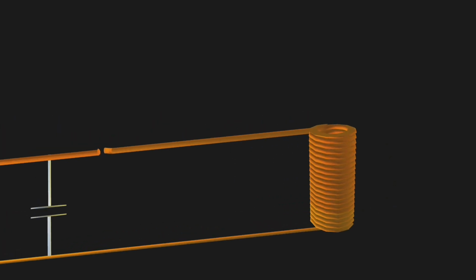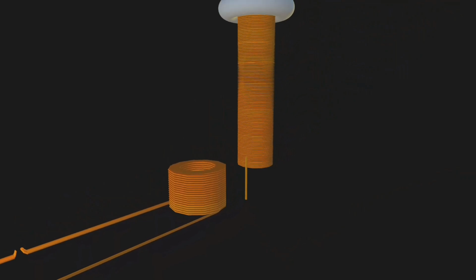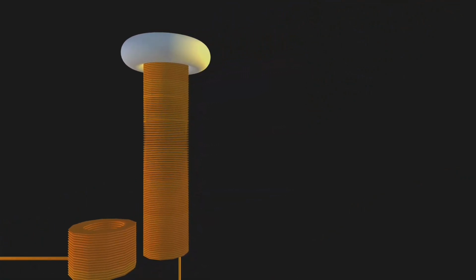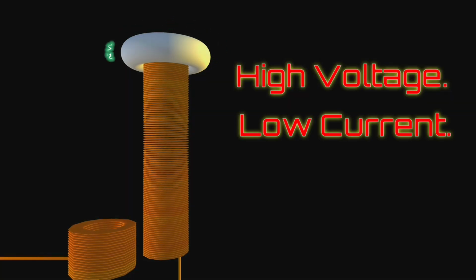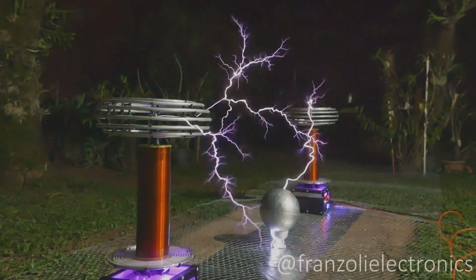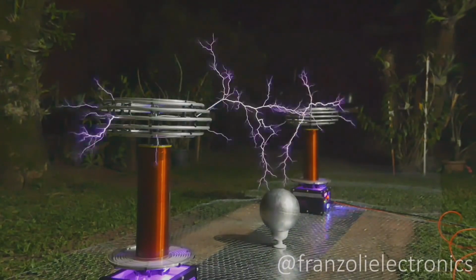The frequency of these oscillations ranges from 50,000 to a million times per second. This generates a magnetic field of super high frequency that causes the electrons in the secondary wire to move in back and forth direction. Since the number of turns in the secondary coil is much higher than the number of turns in the primary coil, electricity of super high voltage, low current and high frequency is generated. Also, you can play some beautiful music on a Tesla coil.